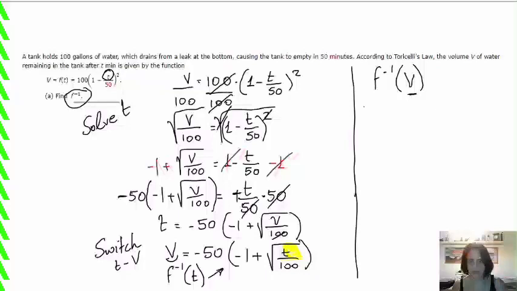Okay, how do I do that? Well, I take my function, which is negative 50 times negative 1 plus the square root of v divided by 100. But what is v? Well, if you